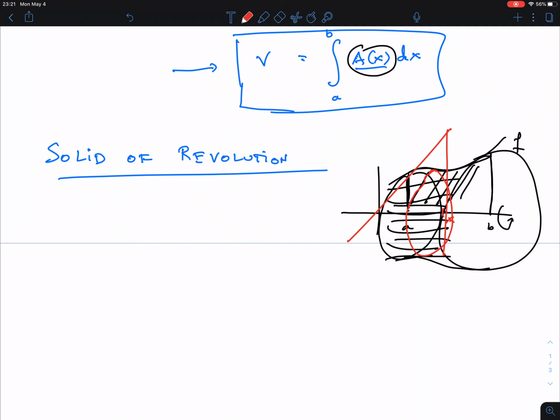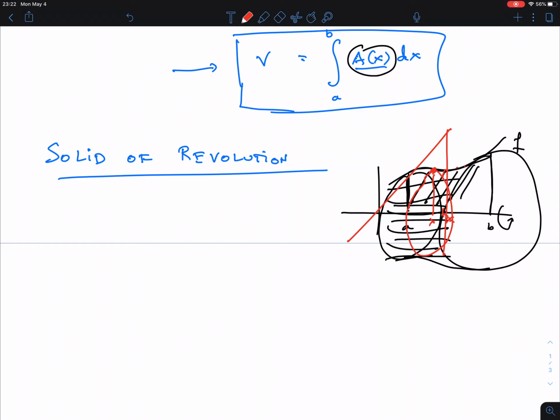Because every point here on the curve is turned around along a circle, and so we take one of these points here. My picture is a little bit off. My x is here, really. So we take this x here, this point on top of the region, and we turn it around. So the cross section, the slice we get, is a circle. That's good news,